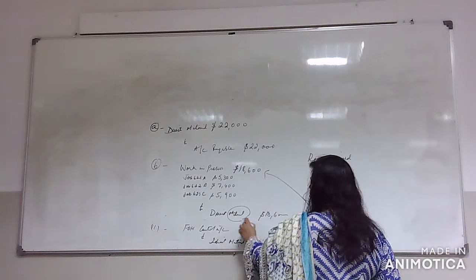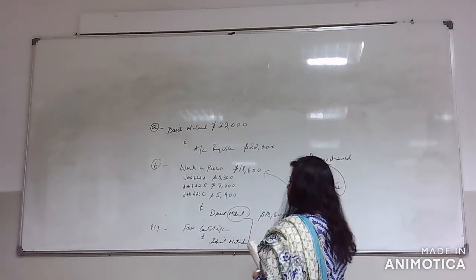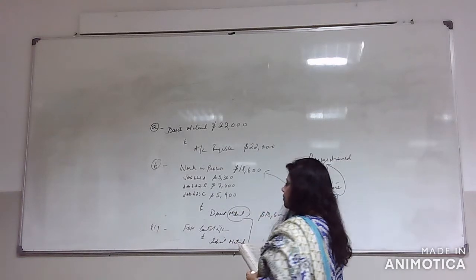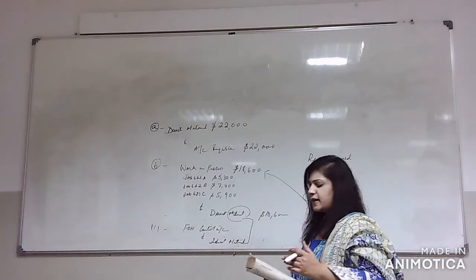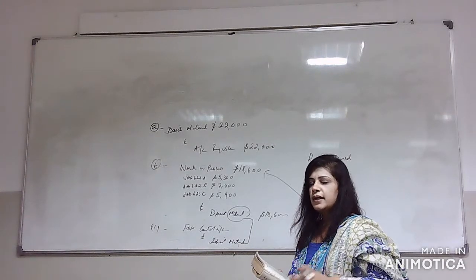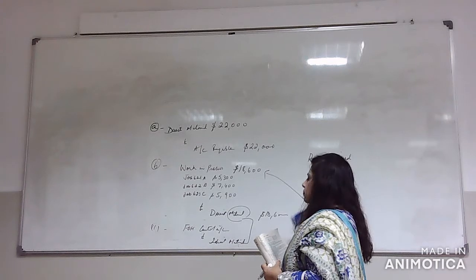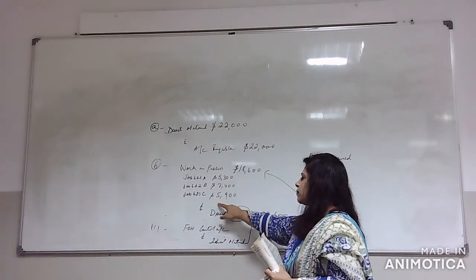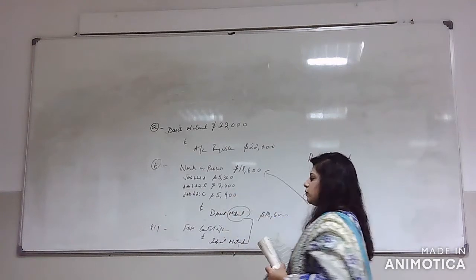But you don't have to, or you can just simply add it as material account. Now it also depends upon if you are using the combined account version, then you can simply put it into material account. We have to notice what the question is asking us to do. So if they are telling us to make separate accounts, then we can simply put one material account here and then work in process this much and factory overhead. So that is the third option for you.